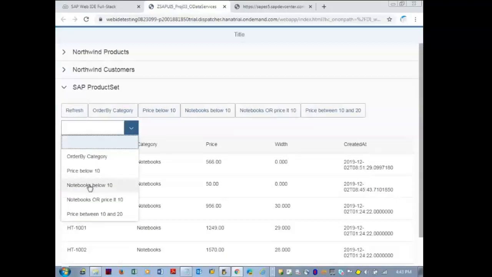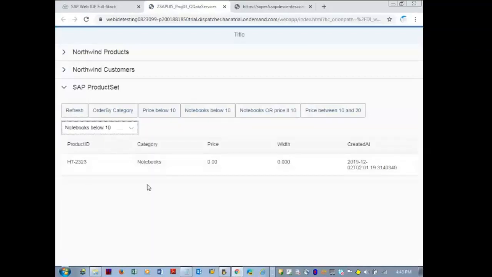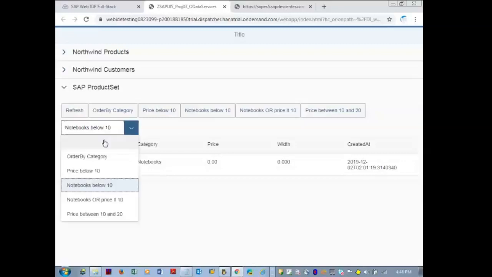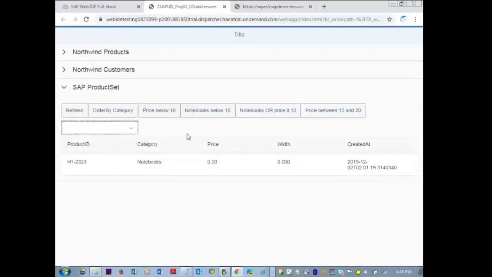Randomly, I'm just clicking on this notebooks below 10. So I must be getting only one. Okay, it's working fine. I just go back. It's the refresh function.